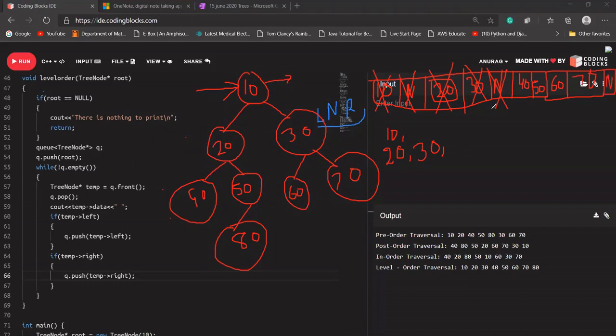Okay, so I'm going to change my line, I'm going to print now here. Again the 40 comes, I'm going to remove 40 and I'm going to insert its left and right side into a tree. If its left and right does not exist, then I'm going to print 40 here, sorry, not in that line, in this line, because we have already changed our line. So 40, now 50 comes, first print 50.